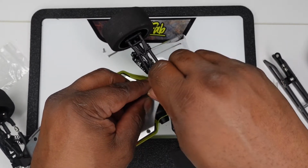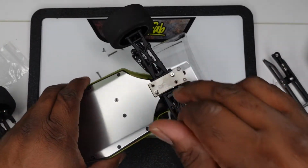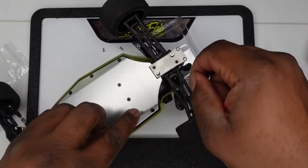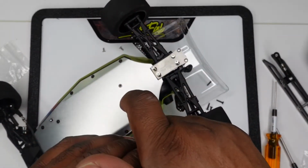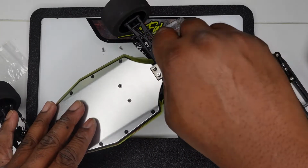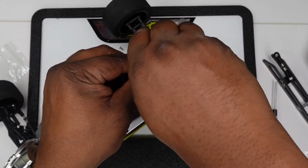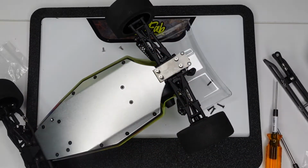Now I'll tell you what I'm going to probably end up doing. I'm going to probably find the length of these screws that's supplied with the actual wheelie bar, and I'm going to buy the ones that have that same hex size. That way I can keep everything the same and I can use the actual tools that came with the, I don't know if you guys have, I put it in one of my other videos, the MIP tool set,